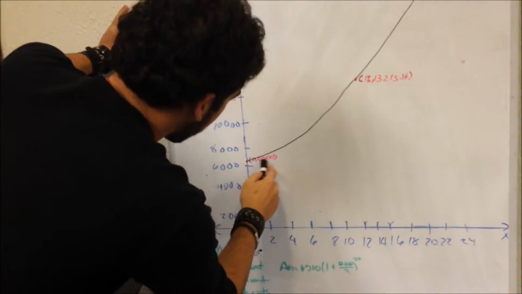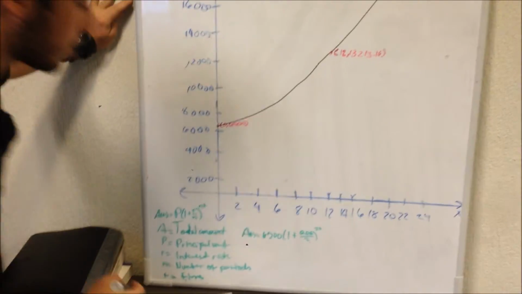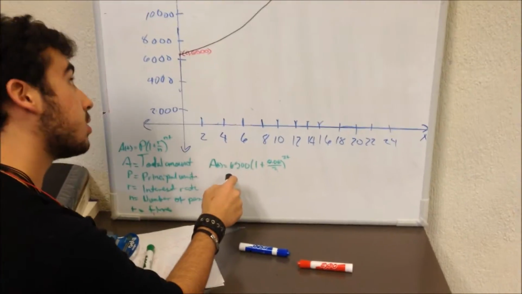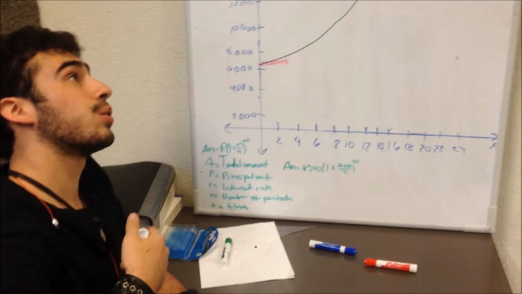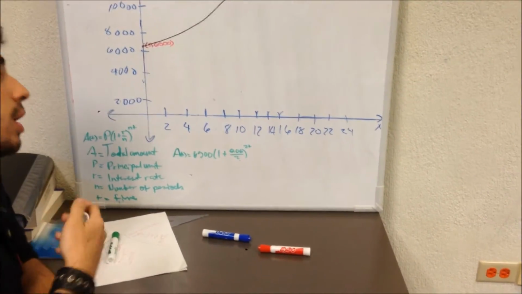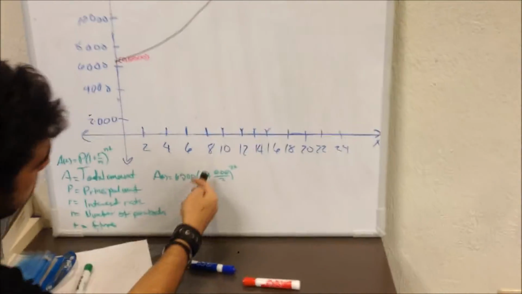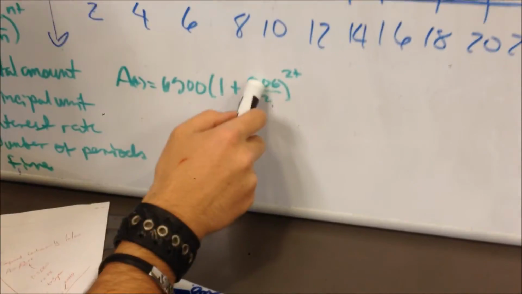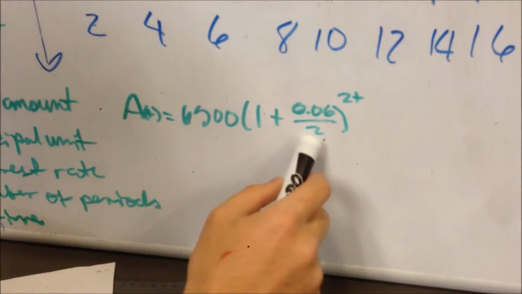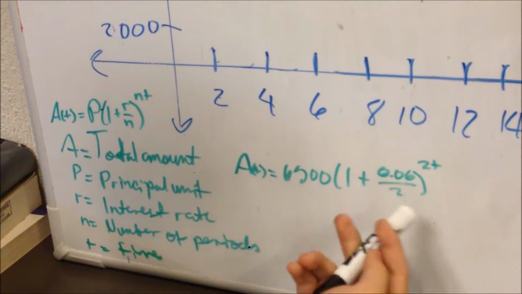Sorry. This is because 6,500 is our principal unit or your y-axis coordinate. Now, if we have here the formula, here is our interest, here is our principal, and the number of periods